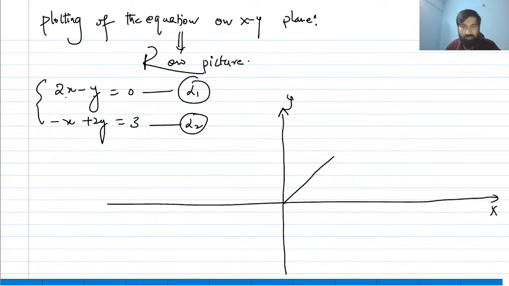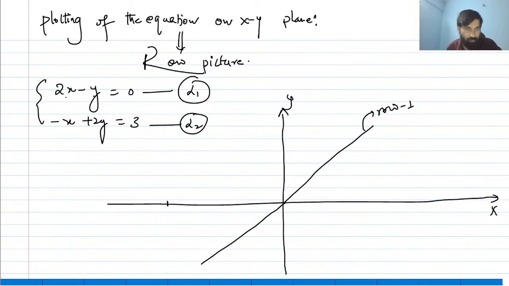So you can pass through the origin. This is the straight line equation, okay? And this is the row number 1 we will call. Row number 1 we have plotted here. If you are plotting a line, it means you are plotting a row. And you can also find these coordinates. On the x-axis, y equal to 0 always, on the y-axis, x equal to 0. So y equal to 0, so x is minus 3.